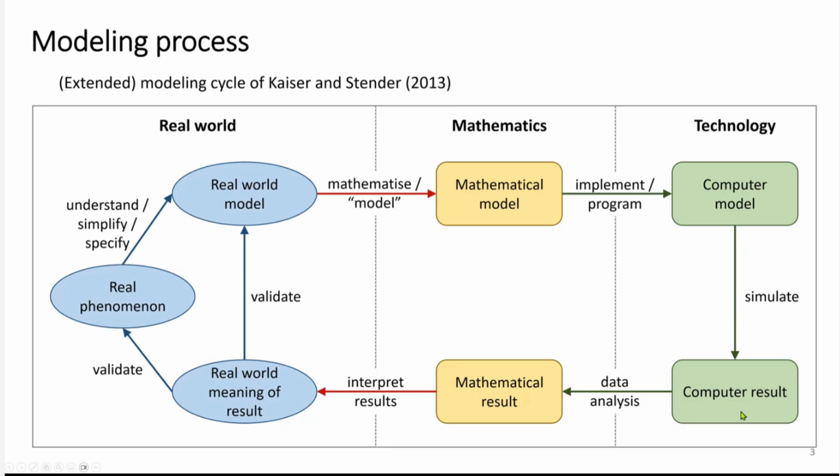Now you get the computer results. This is time series, discrete data, whatever you get from your computer program. You bring this back into mathematical results through data analysis, and then you're back in the old loop, right? So this is the modeling process that we typically work with when we talk about complex multiphysics problems that we solve through computers. Now, something like Chrono, which I'll describe in the next couple of slides, will help you with